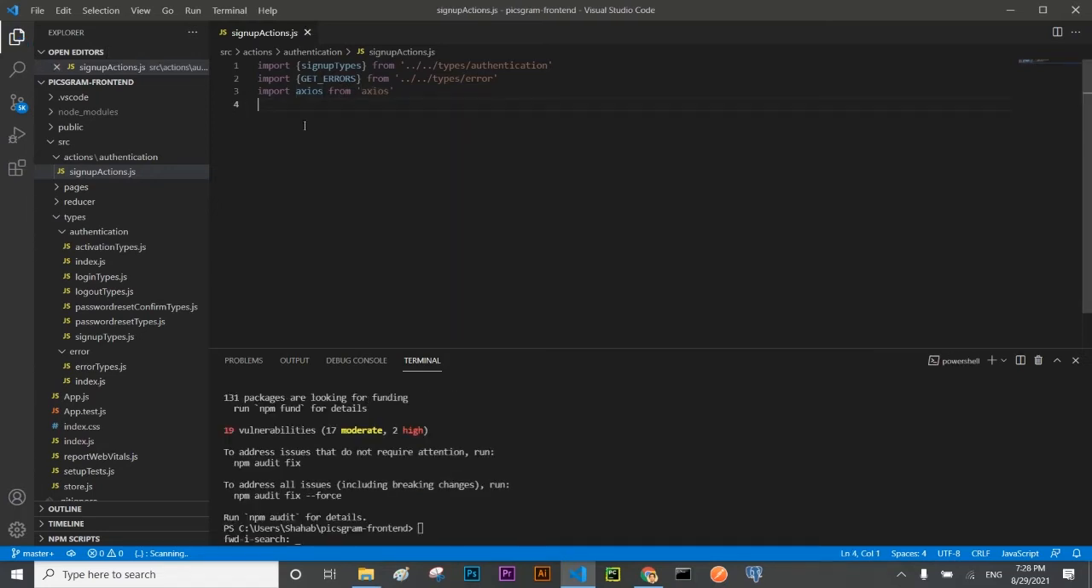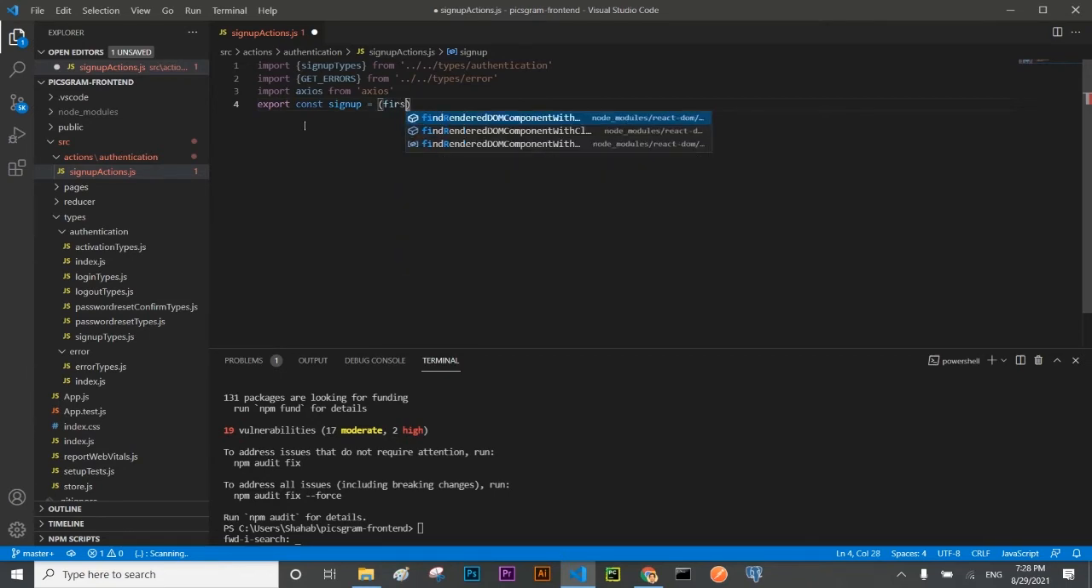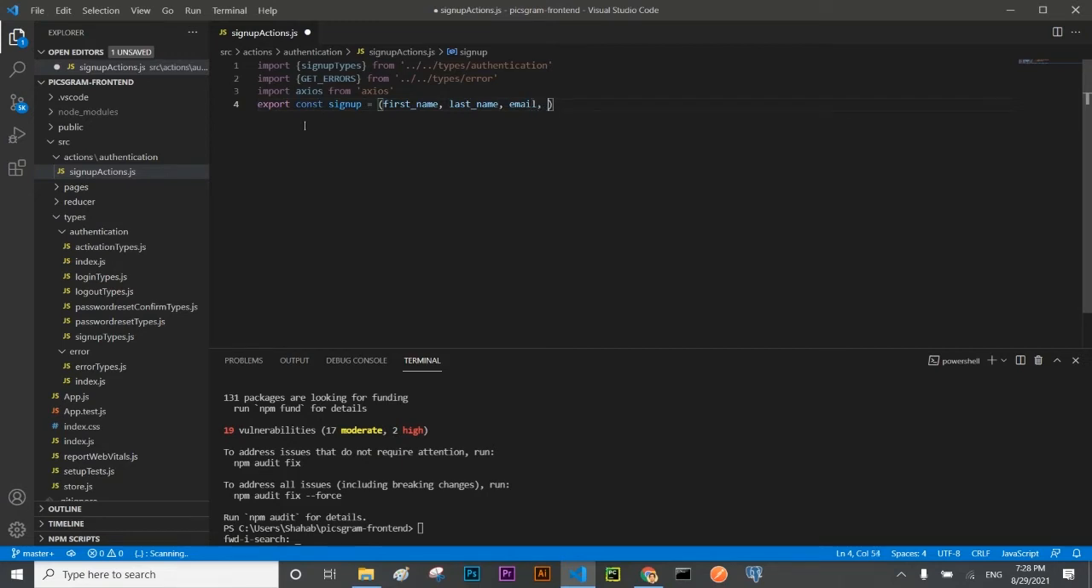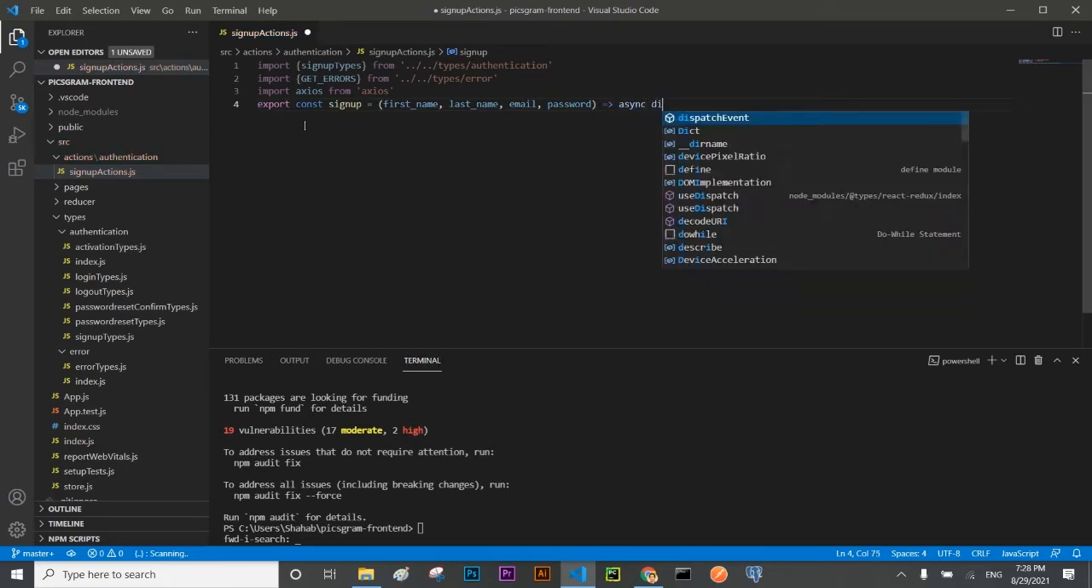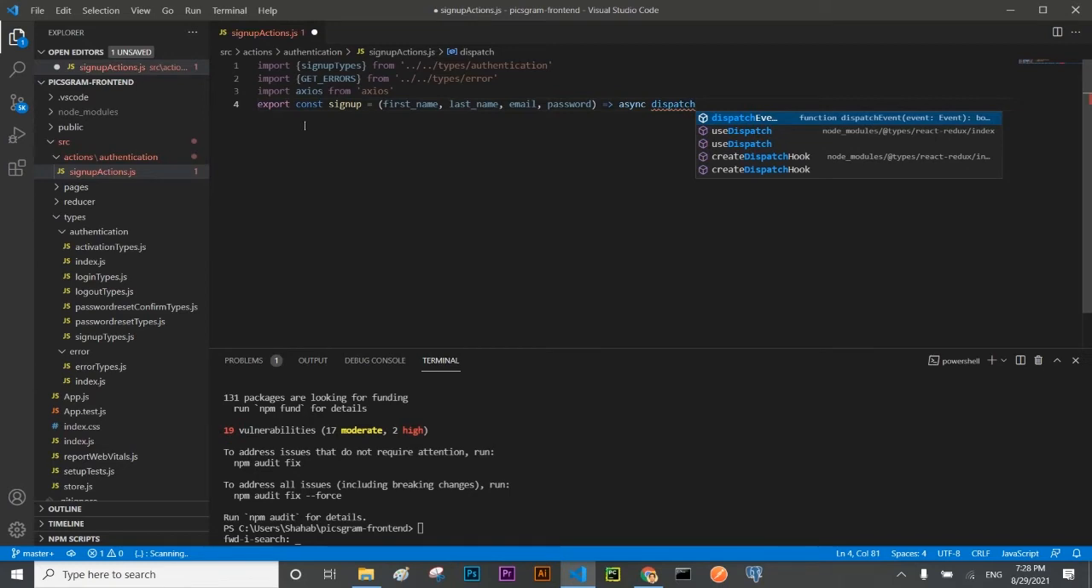XCS package has been installed. Now I'm going to define the action which will be the sign up action, and it will take a few arguments which will be the first name, last name, email, and the password. It will asynchronously dispatch the action